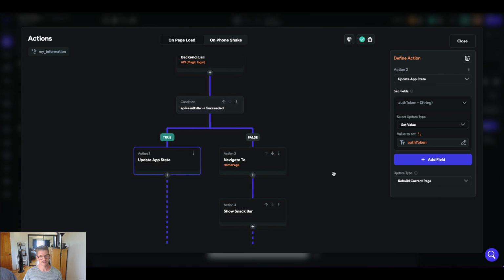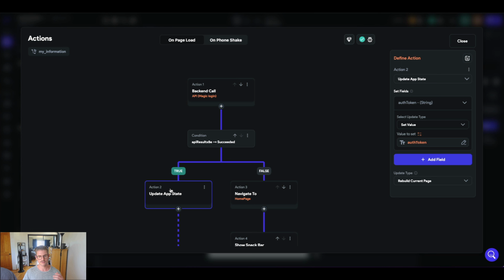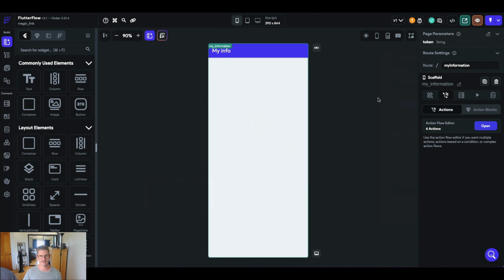So if false, remember, we'll just navigate back to that home page, tell them to try again. If true, we'll update our auth token app state with the auth token that we get back from this API call. So pretty easy. Let's close this up, and now in here,